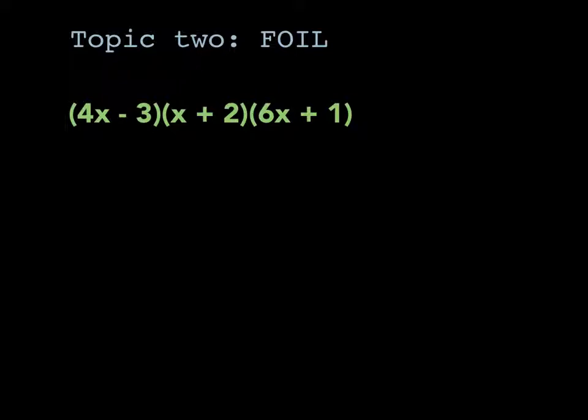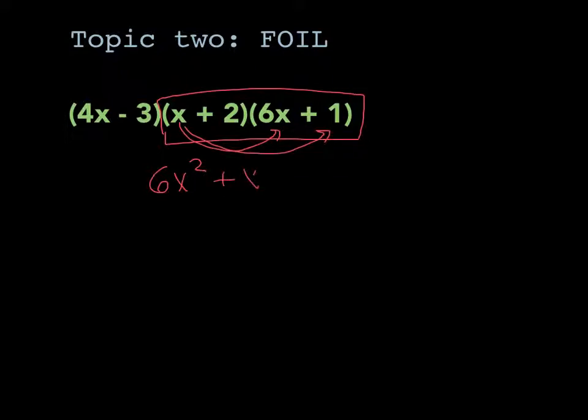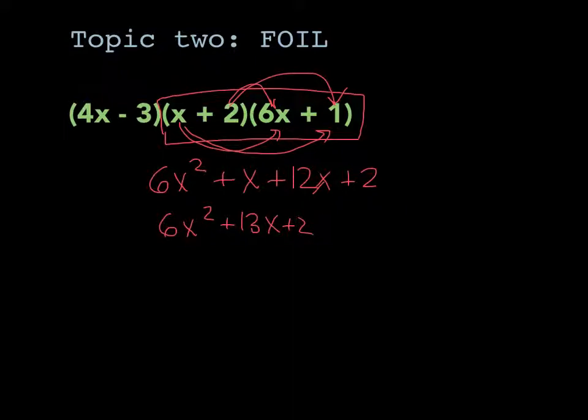So I, just for fun, am going to pick these last 2, and I'm just going to start with those 2. So I'm going to do x times 6x, so 6x squared, and then x times 1. And then 2 times 6x, and 2 times 1. Combine my middle terms, so I have 6x squared plus 13x plus 2. But remember, that's only 2 of them multiplied together. So I'll stick those in parentheses, and then I'm going to bring down this one that I did not include